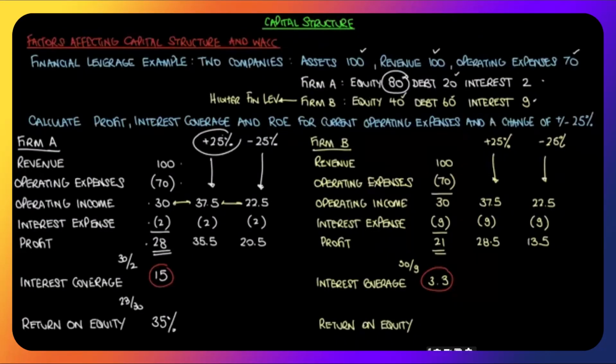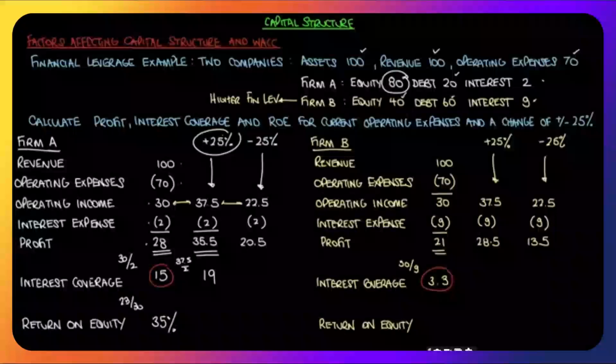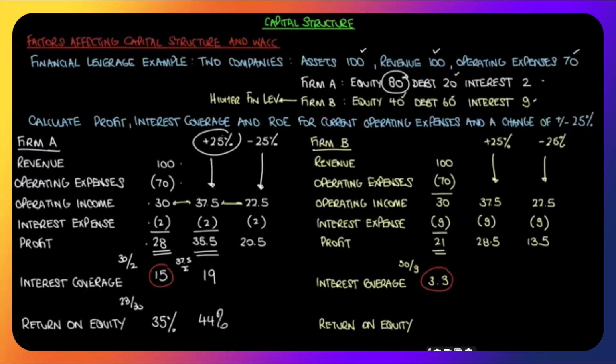We have an increase, first of all, of 25% in our operating income, so 37.5. Interest expense of 2, 35.5 is our profit. What's our interest coverage? Now it's 37.5 over 2, 19. Our return on equity, 35.5 divided by 80, 44%. And finally, if operating income is only 22.5, a 25% drop, our interest coverage, 20.5 over 2, it's still 11 with a bit of rounding. 20.5 profit over 80,